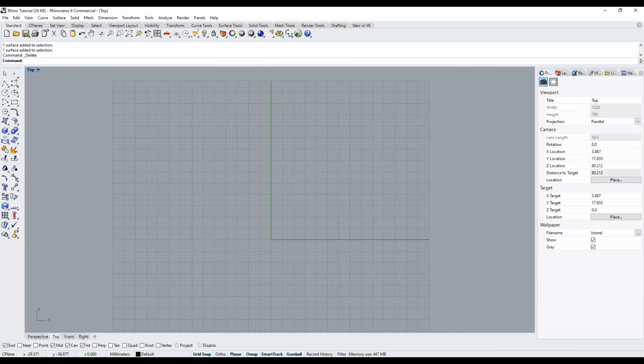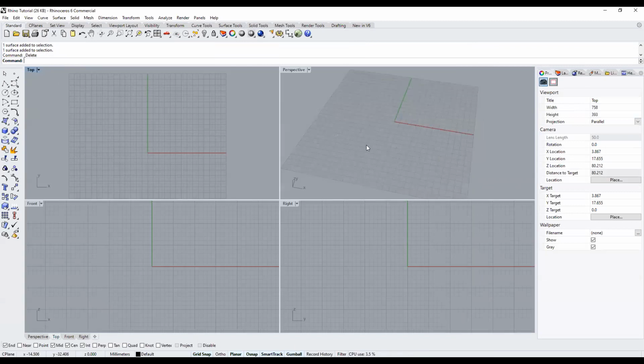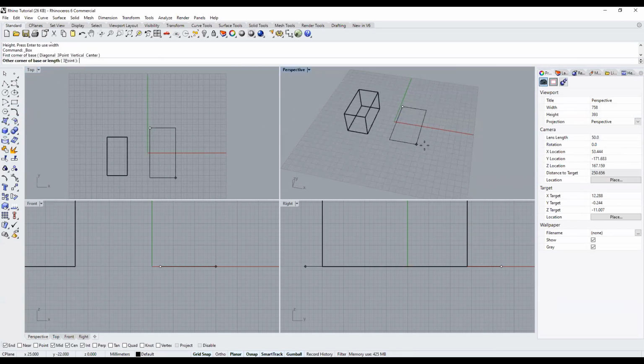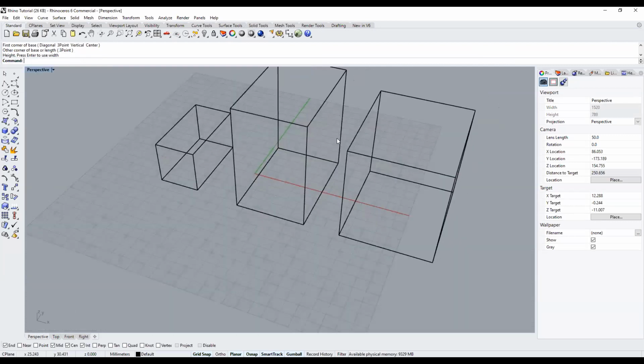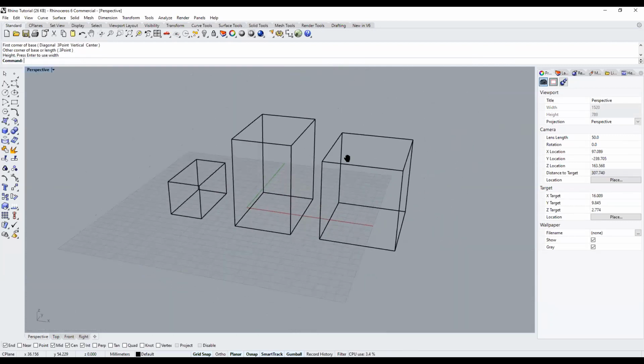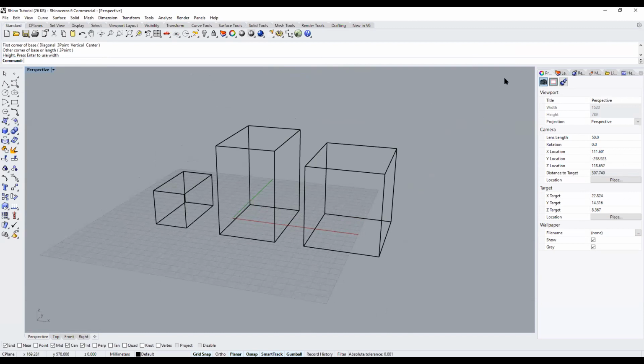To start with the basic controls of Rhino, you may mainly use your mouse left click, right click, and scrolling. So what left click does, I'm just gonna make a few shapes first. So what left click does is that if you hold it and then drag it across the screen from right to left, you get to select all the objects on your screen. And when you swipe from left to right,